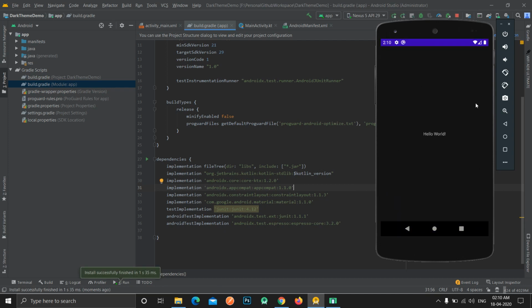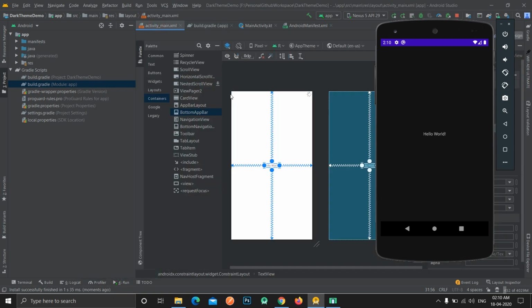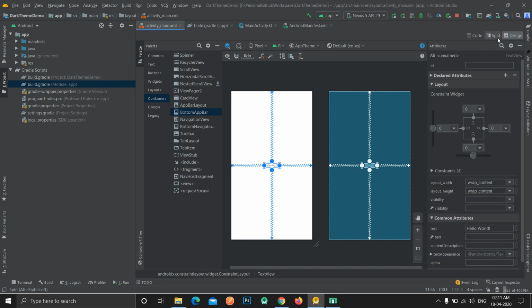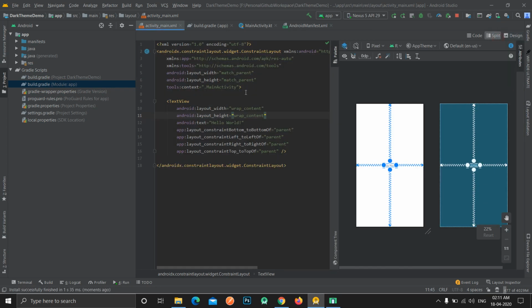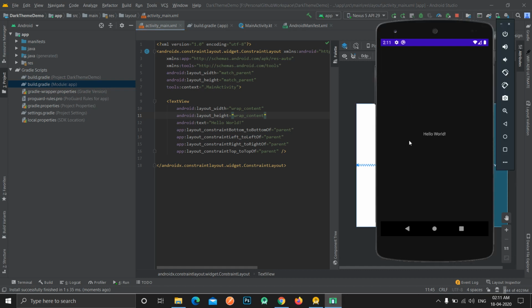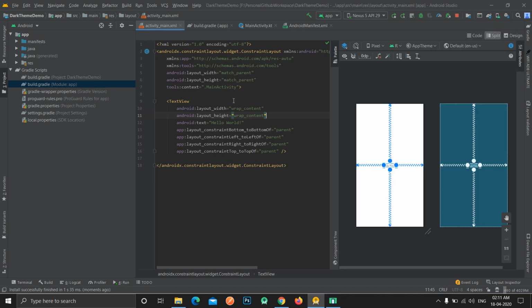You can see that these colors get changed, but what if we want our application to implement a custom scheme, like custom colors based on that theme? What if we don't want this background to be gray, we want it to be a pitch black background, and we don't want this text field to be light gray, we want it to be completely white? So how can we do this?